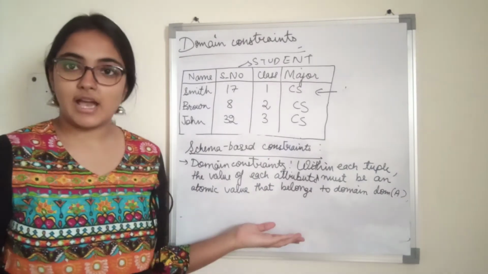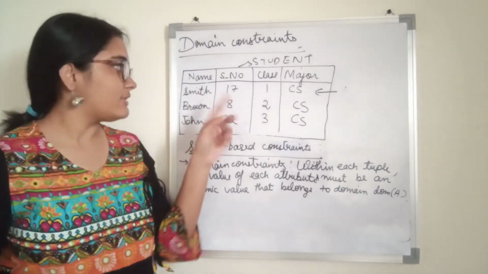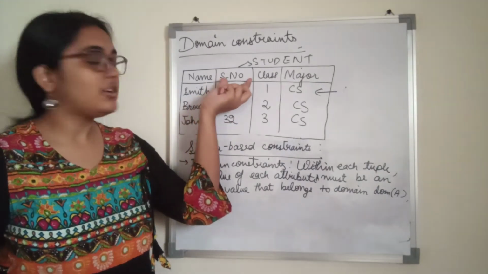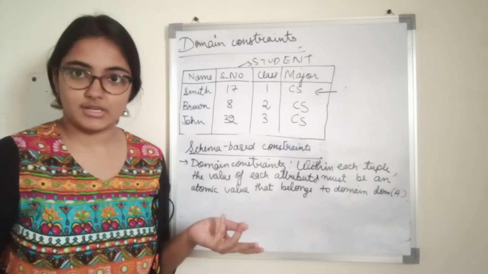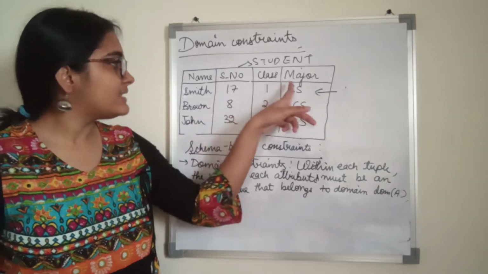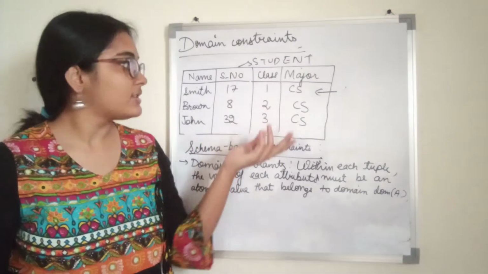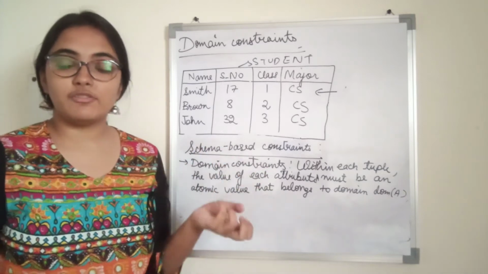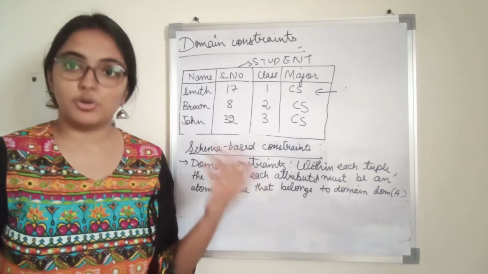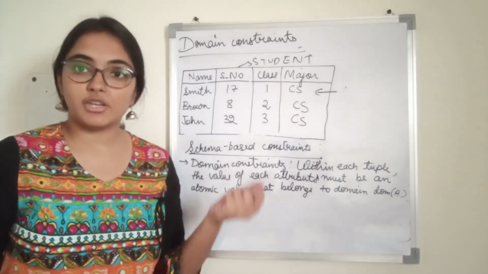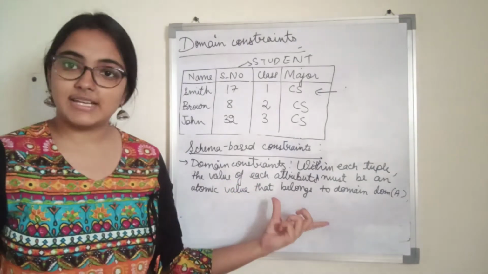So what is the domain? How do we specify domain? I've given you an example, right? Like the set of all strings. Let us say the domain of this particular attribute student number is the set of all integers, or set of all 2-digit or 3-digit integers, right? Or if I say that the domain of this particular attribute class is the set of all 1-digit integers, or let us say we have an attribute for which the domain is the set of all dates. Okay, so we can have well defined domains for attributes, and the value for that particular attribute must belong to the domain, and it should be an atomic value. That is what domain constraints specify, right?